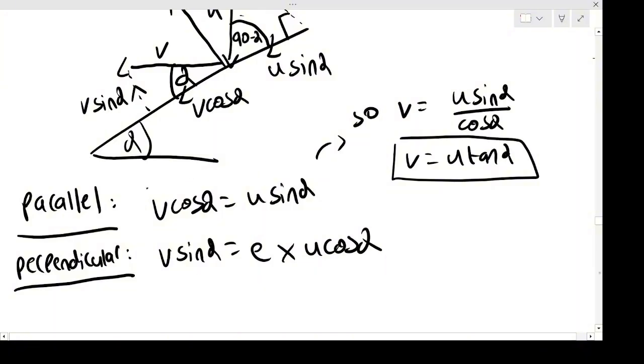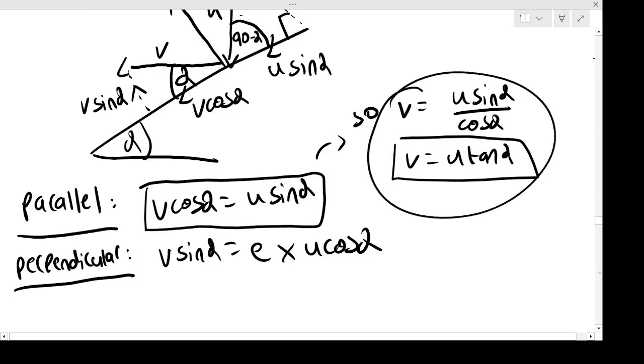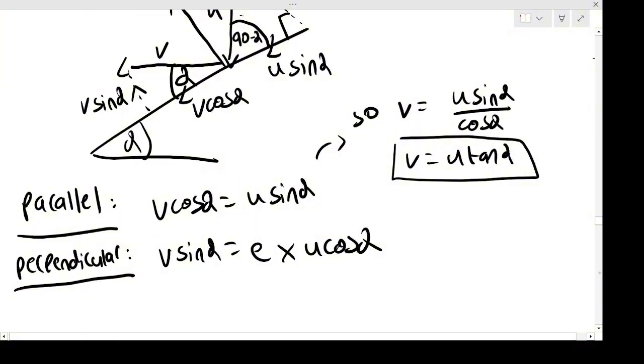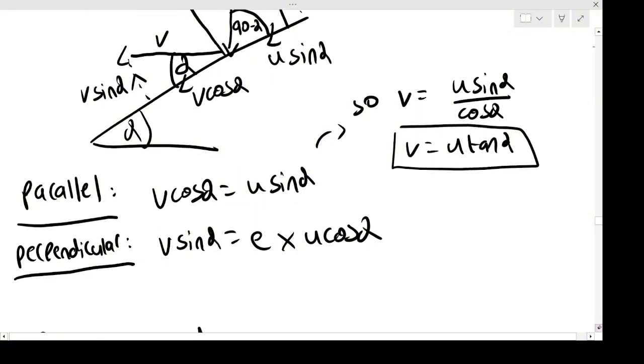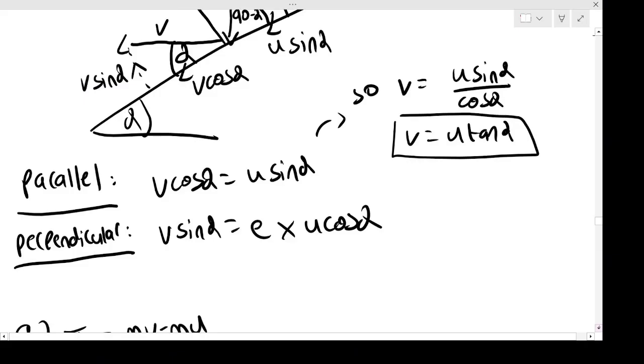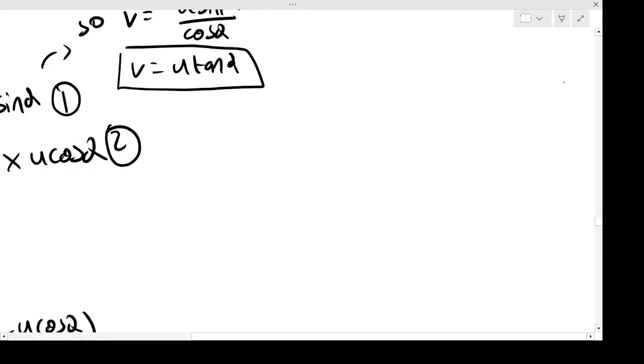Now, in part A, we rearranged the first equation to get V. But we didn't divide the two equations, remember? That's what we can also do. So if I call this equation 1 and equation 2, and I do the second one divided by the first one, which is what we normally do,